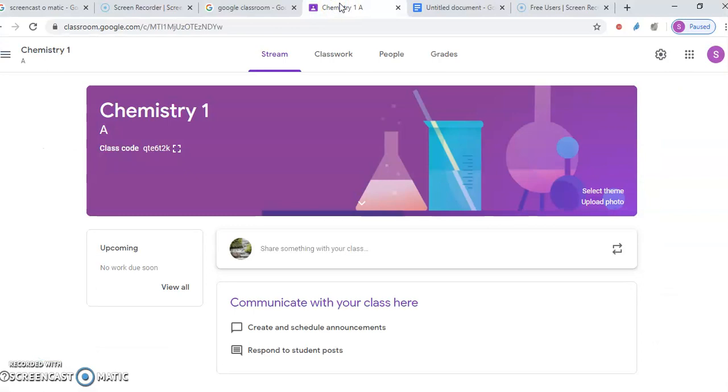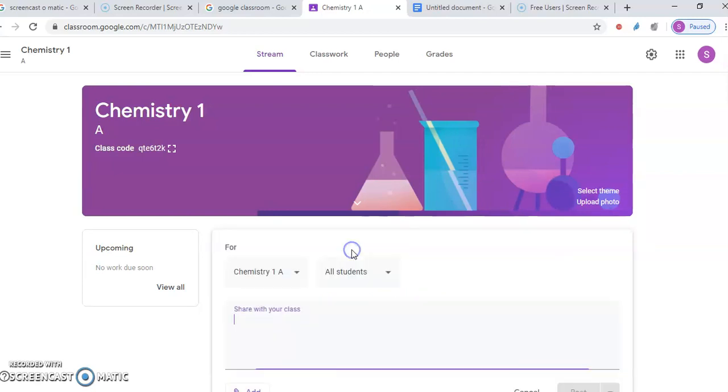Next, how to upload materials in Google Classroom. For that you have two options. You can upload the material in this window. That is, here one box is there: Share something with your class. You click this. So this is the class. Then you just click